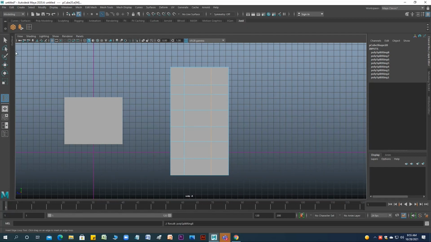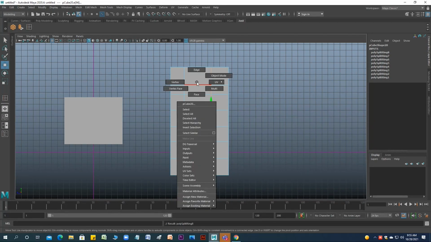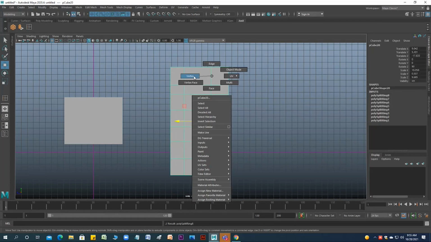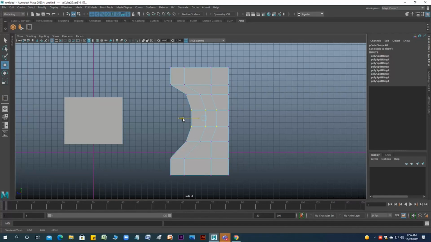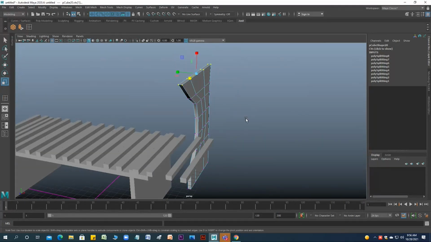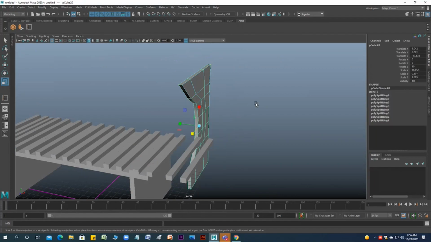Then again come back, either press Q or W, object mode. Come back to vertices. Manipulate with the vertices. Object mode.